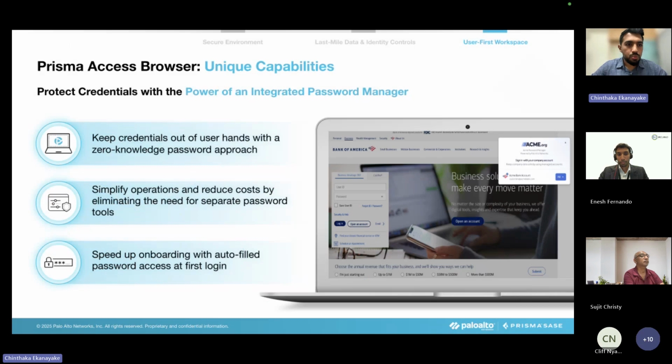And then I'll come to a bit on the user experience part of things, right? So I talked about the enterprise password manager. We have a password manager inbuilt to the browser where you don't need to use separate tools to manage passwords. And in that also we can do things like, let's say there is a shared password within the team. For some reason, there is one application where you are sharing one password. In this, we can set it up in a way that the actual password is not exposed, and whatever password each user gets is a different password, not exposing the actual password. And then we can make sure that the auto filling and all of those things are done using this password